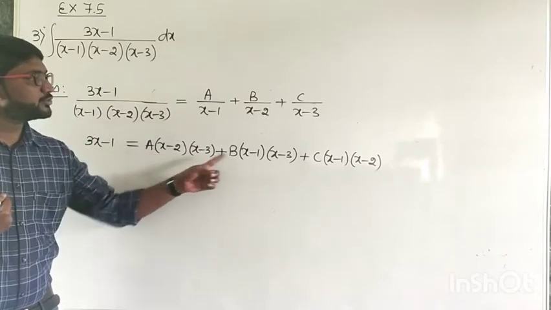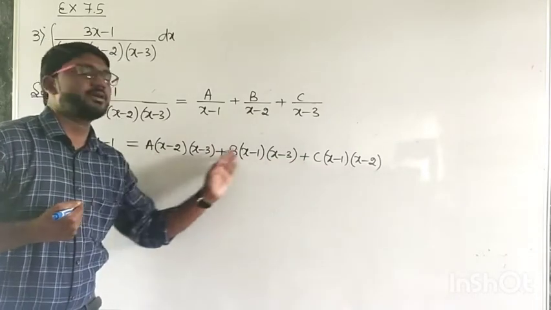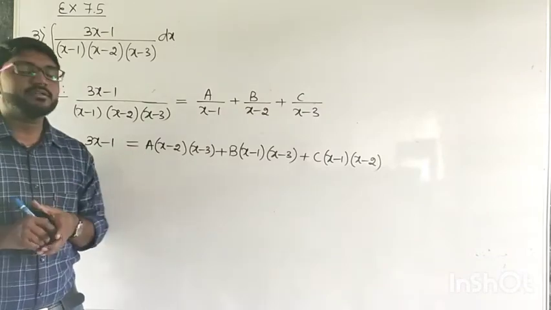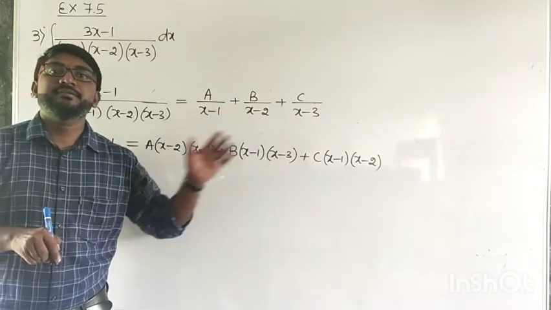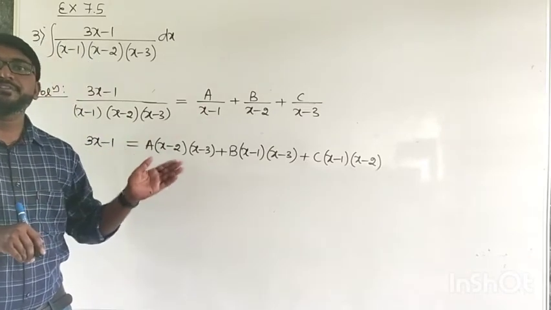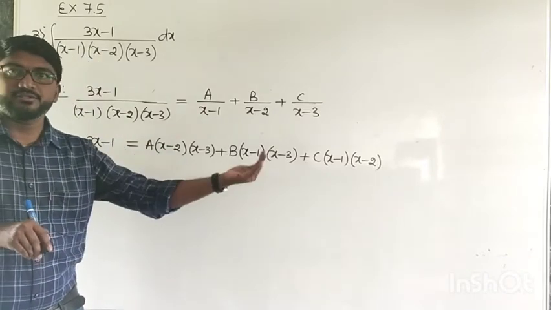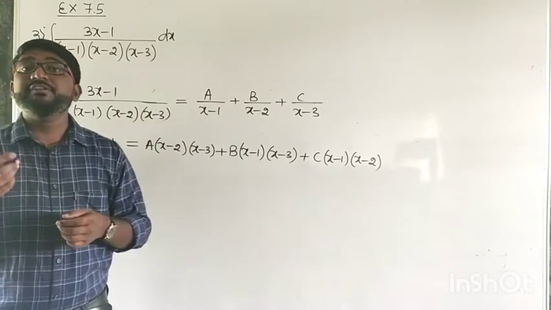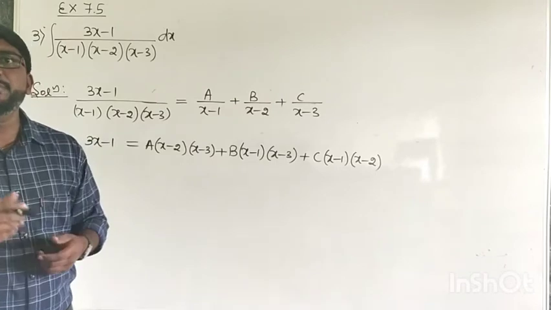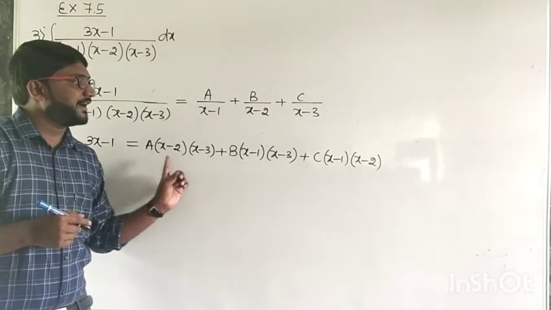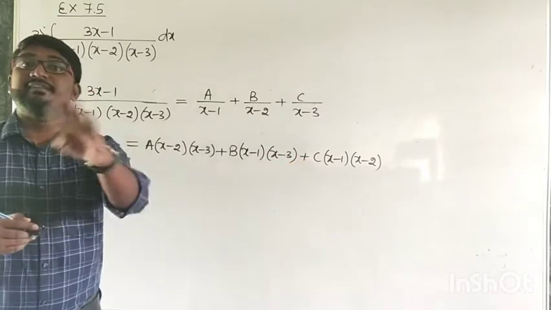Now in the earlier two problems, what we used to do is multiply these two polynomials and all the constant terms. If you go by that method, it takes a little bit of time, and after equating the coefficients of x square, x and the constant terms, we get three simultaneous equations. Solving those three simultaneous equations becomes a little difficult. So now we are going to find the values of a, b, c by another method.